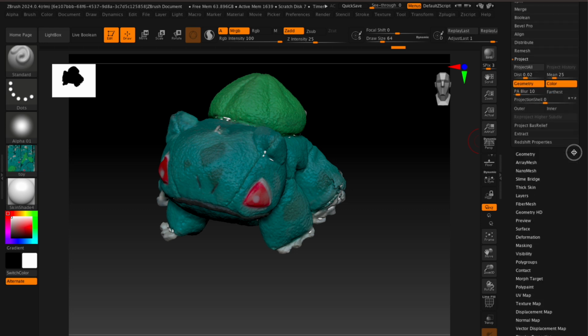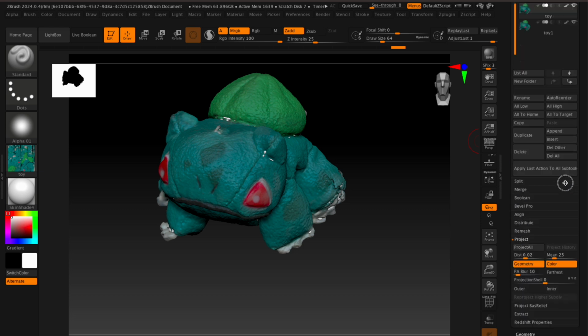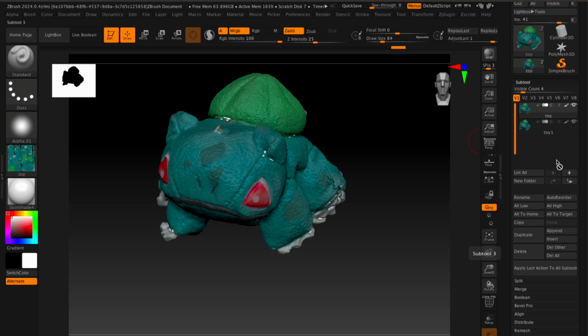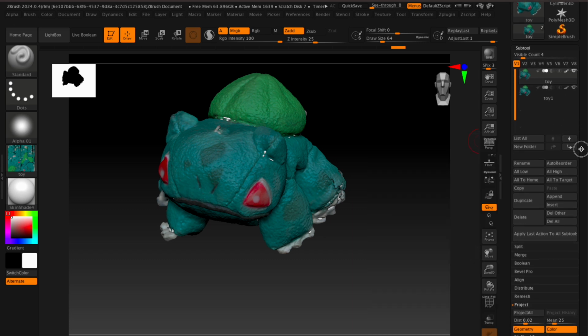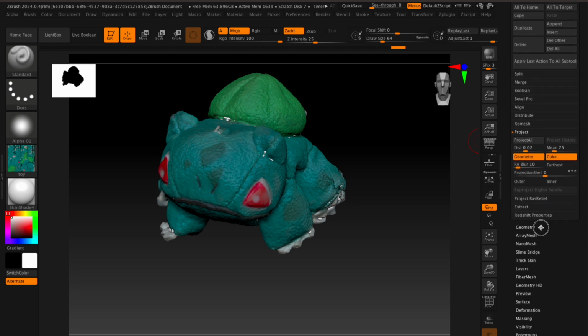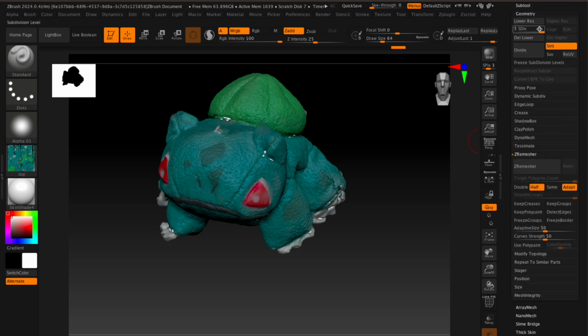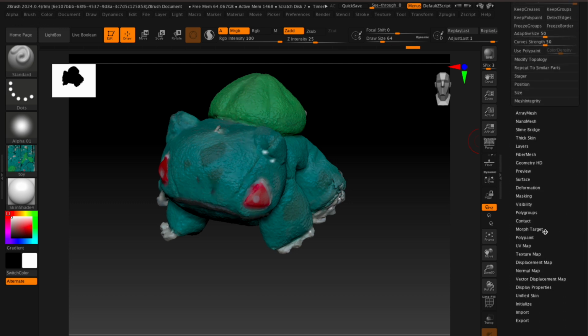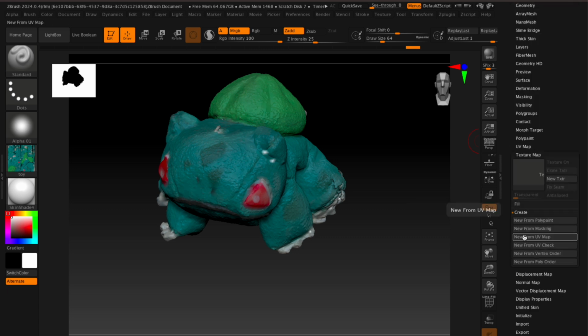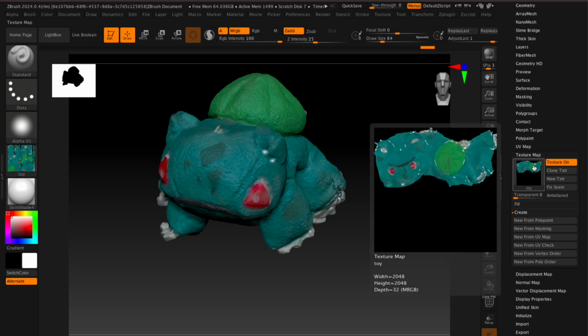We could probably go down and hit texture, but I'm gonna go down to a lower division and not on 5. So we're gonna go to our division, and let's go all the way down to 1. And then I'm gonna go to my texture map and new from poly paint. All right, make sure you're on division 1. I think I did it on 5 and it didn't go so great. So new from poly paint,